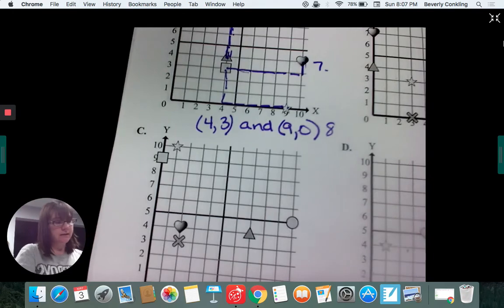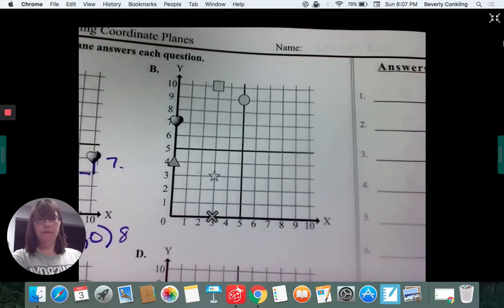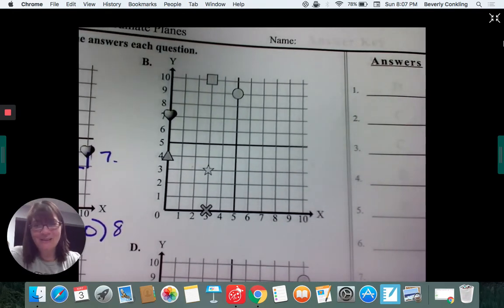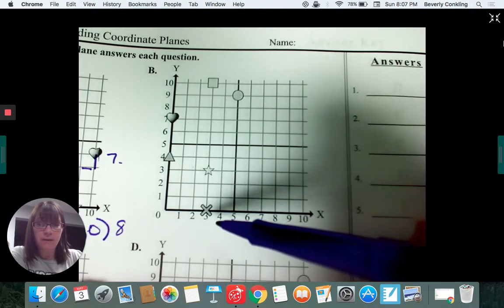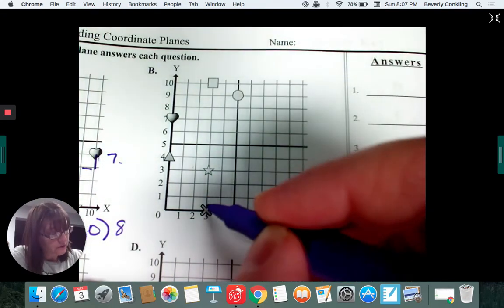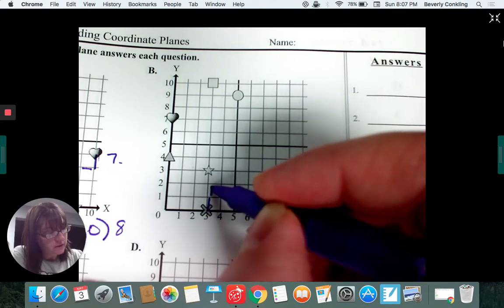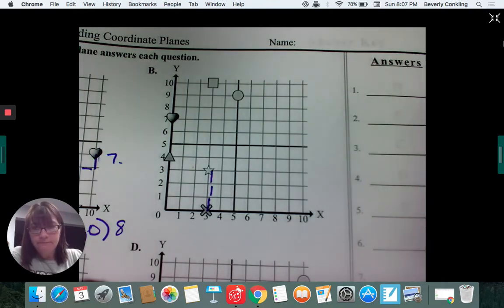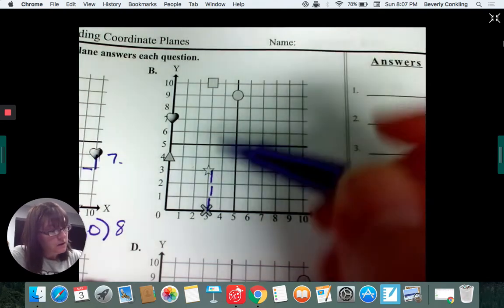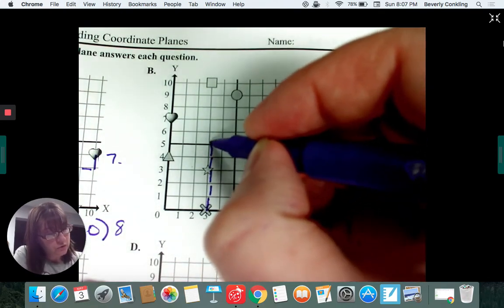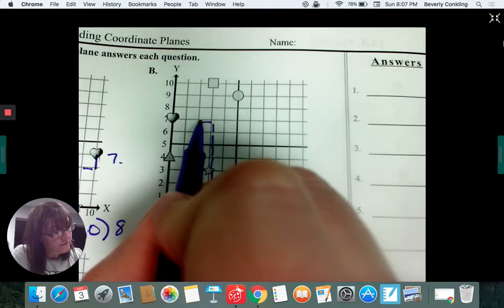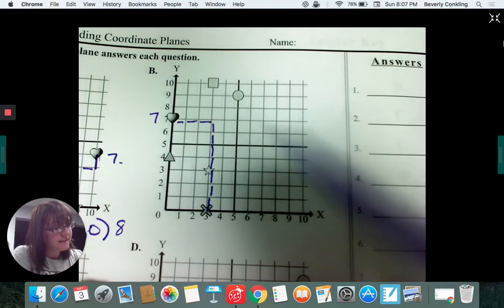Okay, let's come over here before I confuse you too much. Let's do some more of these. Let's find the distance between the X and the triangle. So starting here, 1, 2, 3. Okay, if I want to do from the star to the heart, 1, 2, 3, 4, 5, 6, 7,